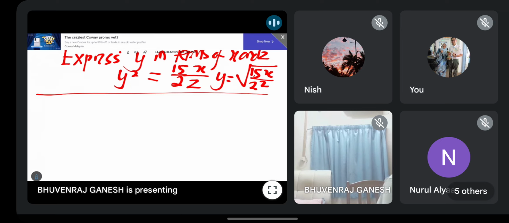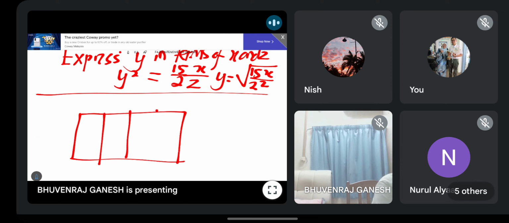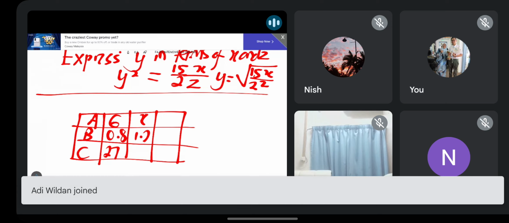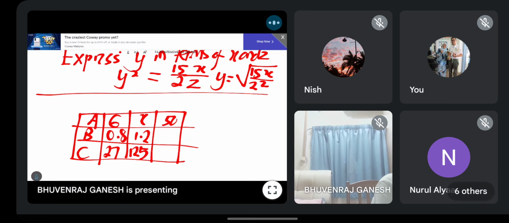Okay, so let me see. Okay, saya guna contoh yang ni. Okay, usually soalan akan bagi jadual macam ni. They'll give table dengan 3 nilai. Okay, let's say A, B, C. Okay, so nilai dia macam ni. Soalan akan bagi semua yang ni pada kamu. Setengah nilai mereka tak bagilah. Some of the value they won't give you. So now, they say that